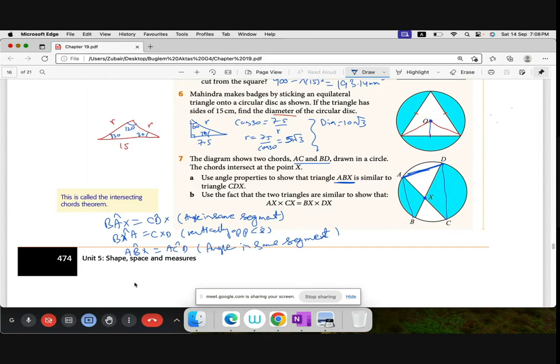So first part done, I can say by angle, they are similar. B part says use the fact that the two triangles are similar to show that AX times CX is equal to BX times DX. Okay. AX times CX is equal to BX times DX. Now just see,